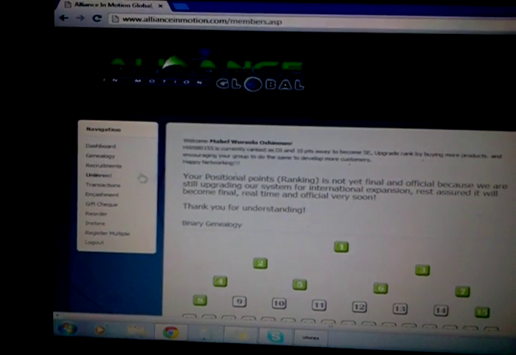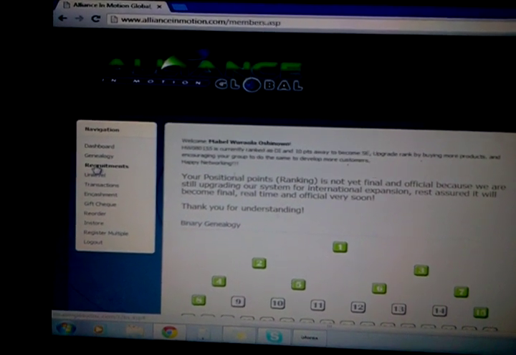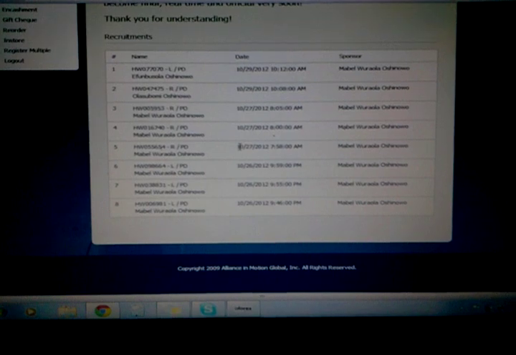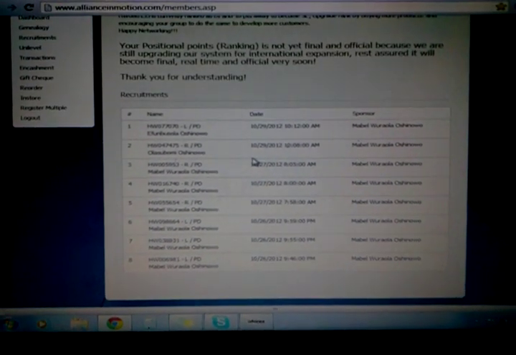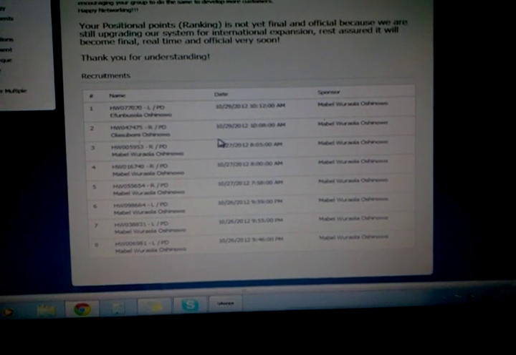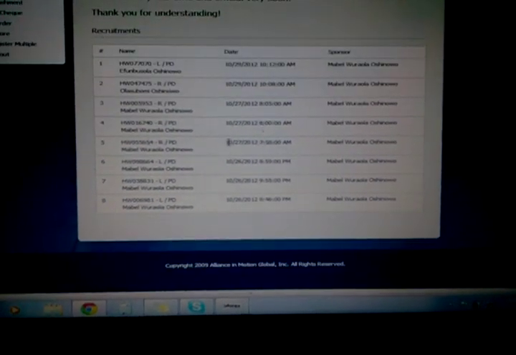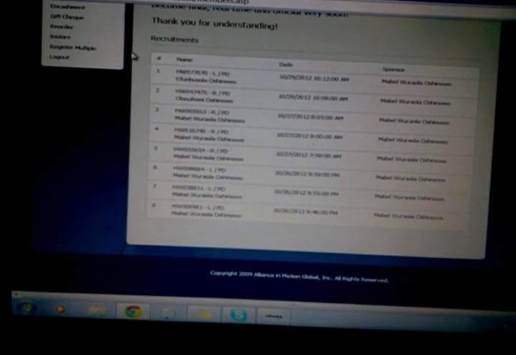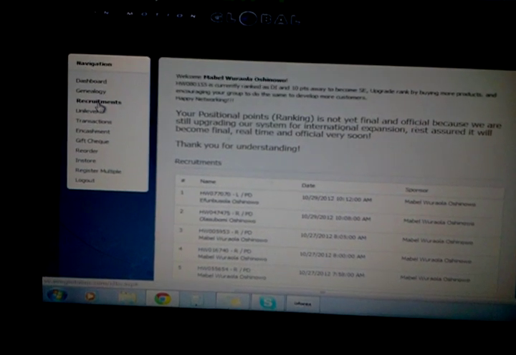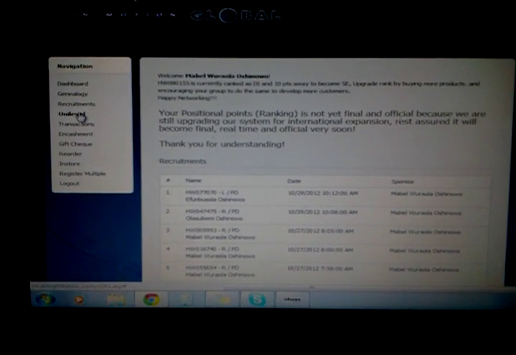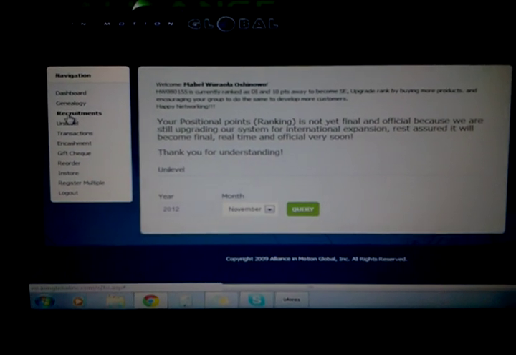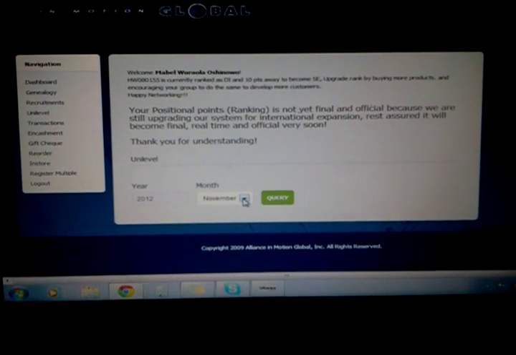Okay, and then for the recruitments, just for a recap, these are all the people that you have filed in your genealogy, in your account. So it's all your name, and then your 2 kids. Then for this one, it's the unilevel. This is the unilevel. When you click this one, you will see this month of November,